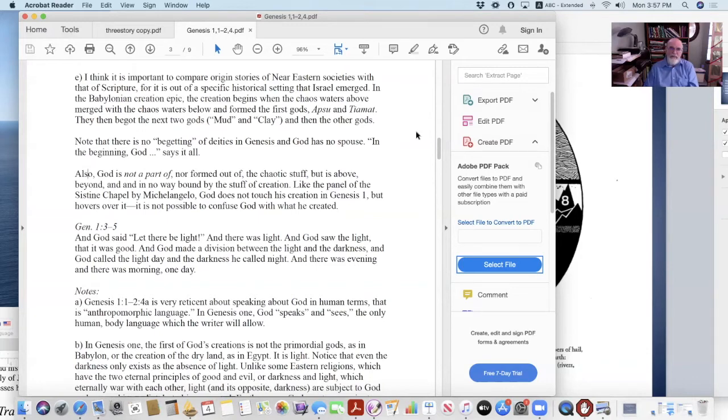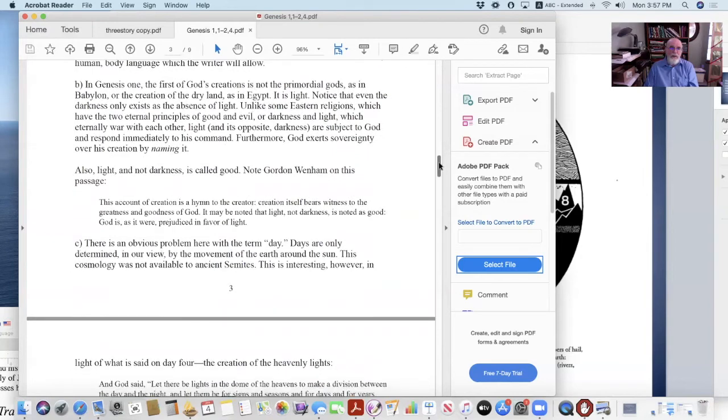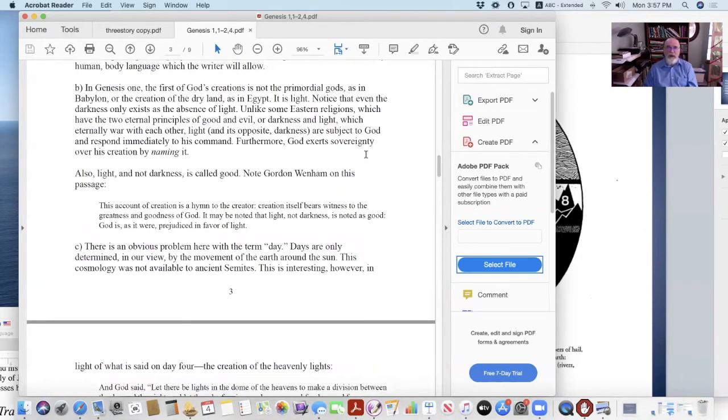In Genesis 1, the first of God's creation was not the primordial gods as in the Babylonian creation epic, or the creation of the dry land out of the chaos waters as in the Egyptian creation epic. The first creation of God is light. Note that even darkness exists only as the absence of light. And unlike some Eastern religions, which have eternal principles, eternally at war with each other, of good and evil, or darkness and light,